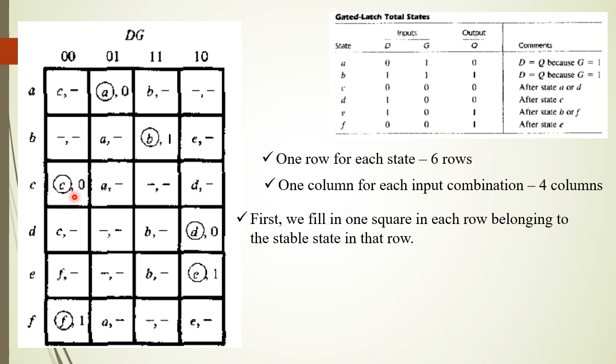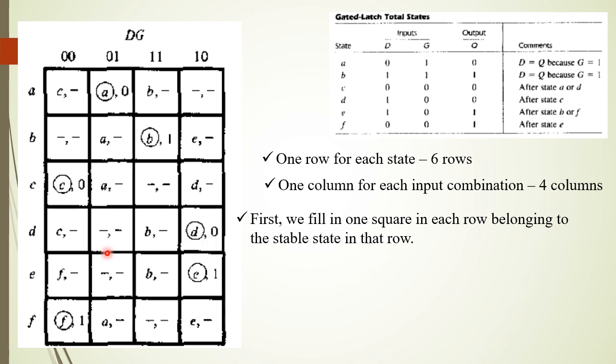So put a comma and write the output value 0. So this C is entered. The first column value is entered first. Then fill the fourth row with value D. D is nothing but 1, 0, 1, 0 in the fourth column. So write D, circle it, and for D the output is 0.